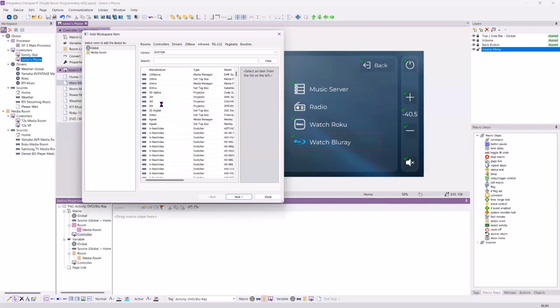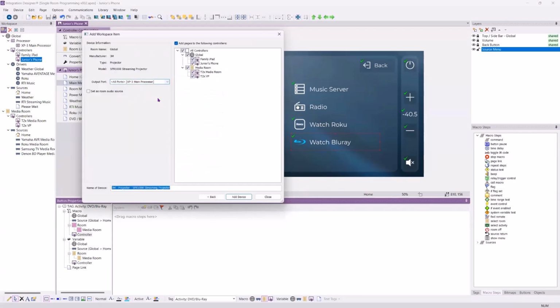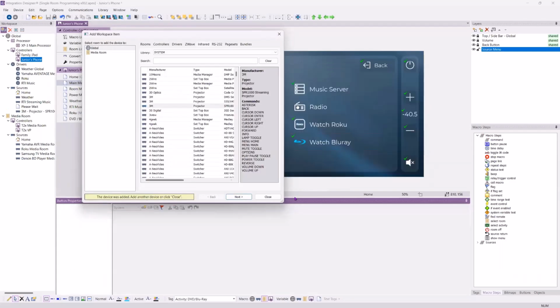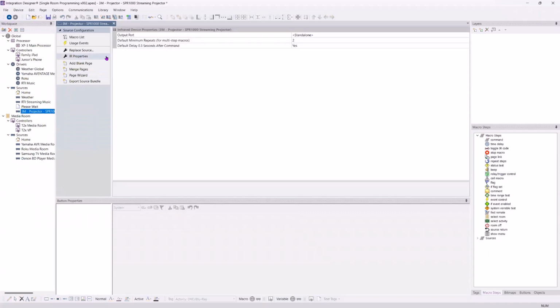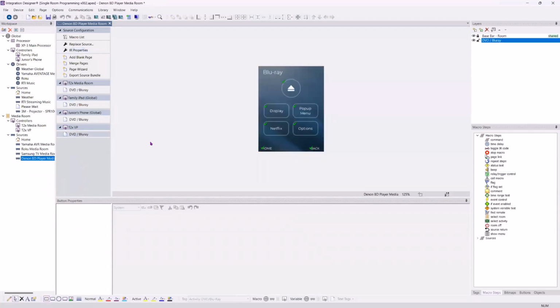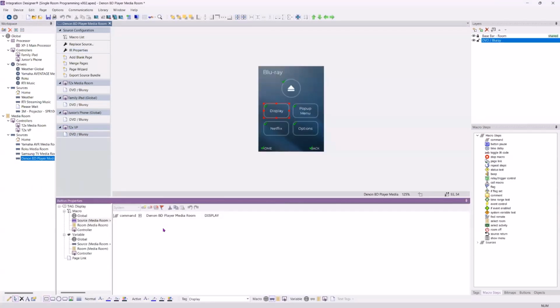Infrared, I'll just grab this. And instead of it being output port, you select standalone. I won't add any pages. I add that device in real quick. And you'll see that now for that 3M projector, the IR properties are standalone, which means that it is going to be sent out by the device itself. So if I wanted to, I could add in, let's just hypothetically say, a command in here. I could add a second command in, and what you'll notice here is that it says it's not going to be listed in here. But if I go to controller,